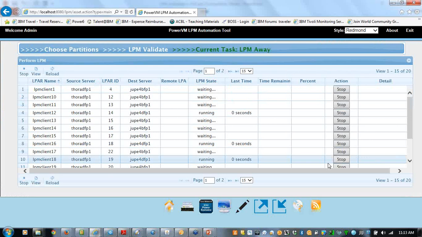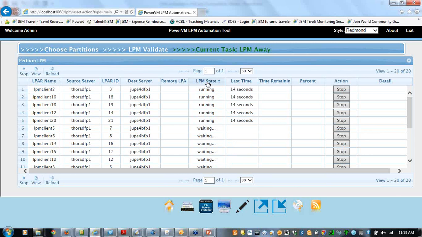And so once again, we have 20 things that are being moved. I'll change the view to show all 20. I can see that we have 5 running right now. And so even though the concurrent count is set to 8, we're only moving 5 partitions to 4 Delta right now, so we're just moving those. When we start to move to 4 Bravo, we'll start to see 8. And so this is off and running.